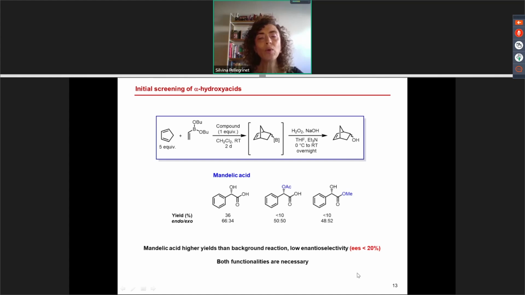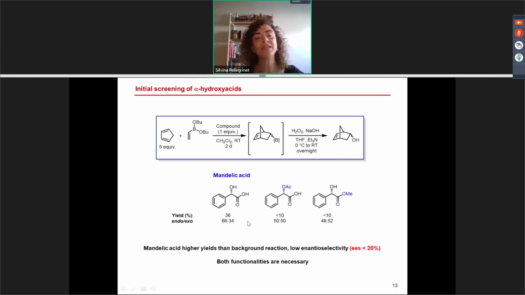At that time, no one had used hydroxy acids for organocatalyzing organoboron compound reactions, and now it's a well-known procedure. We thought about mandelic acid firstly because we were using it as a chiral derivatizing agent for determining the enantiomeric excesses and the absolute configuration of our products for our initial asymmetric reactions, and also because we knew that hydroxy acids combine with boronic acids